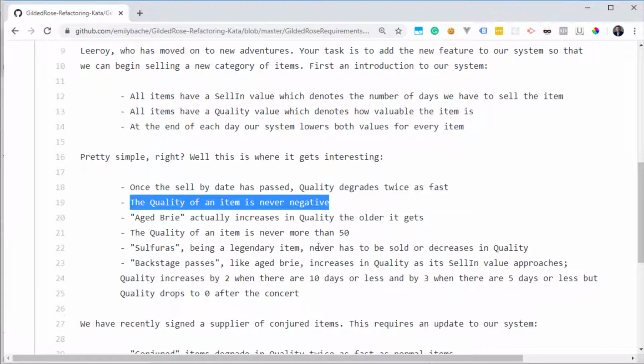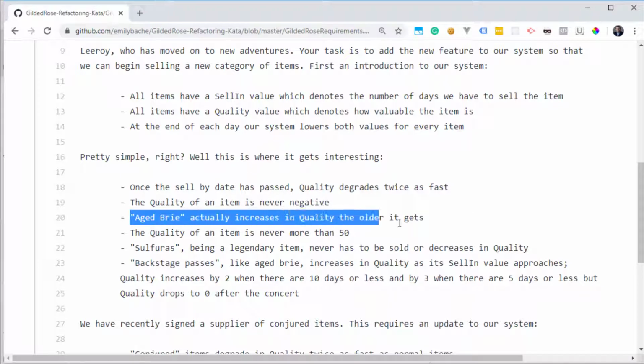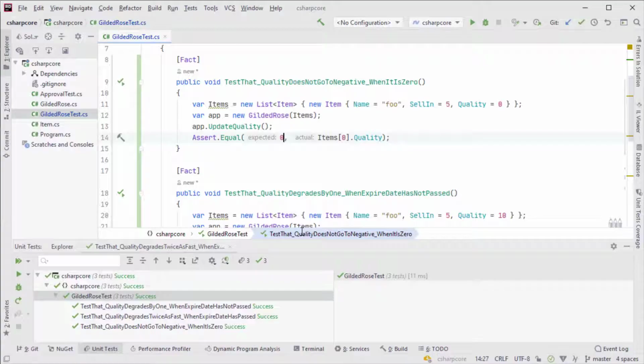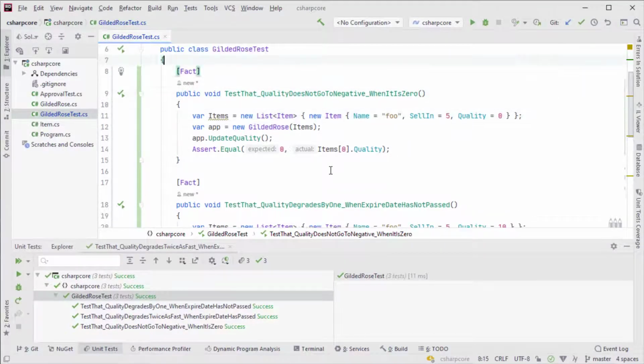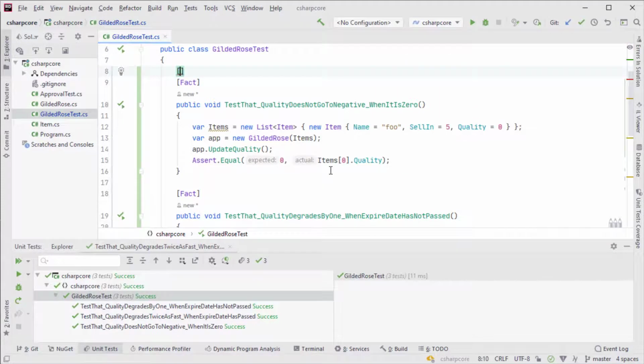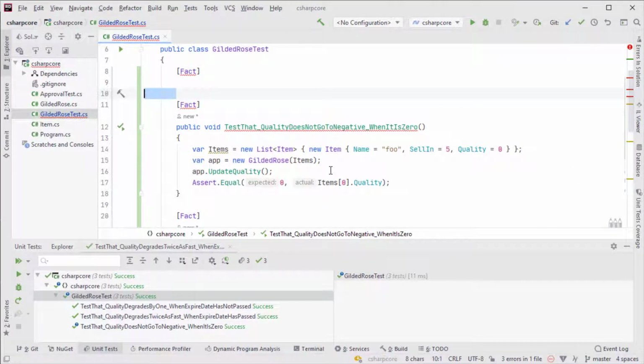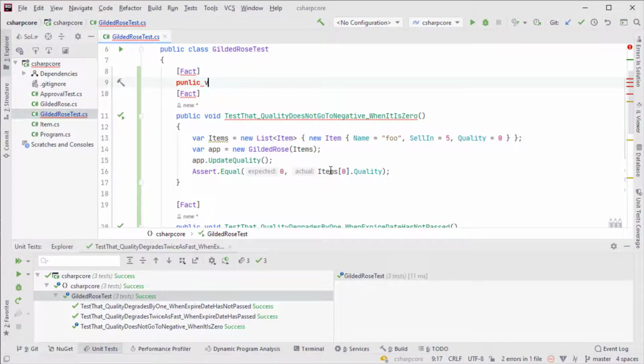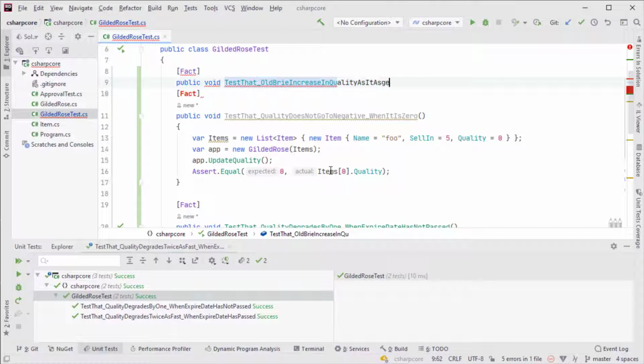So let's continue with some more tests. We also have a requirement stating that Brie increases in quality the older it gets. So if we go back to our code, we can create yet another test. Test that Brie increases in quality as it ages.